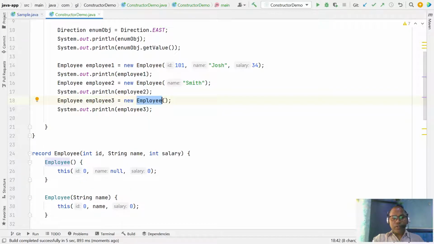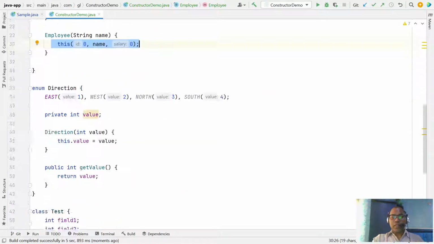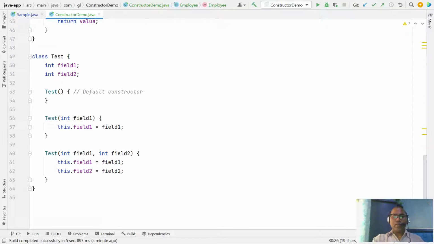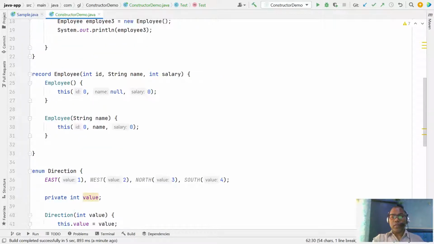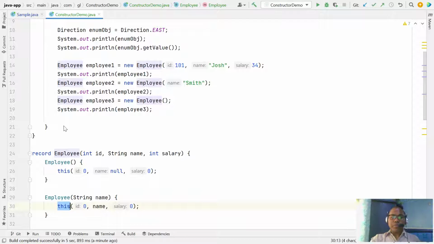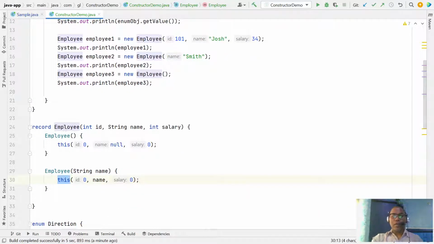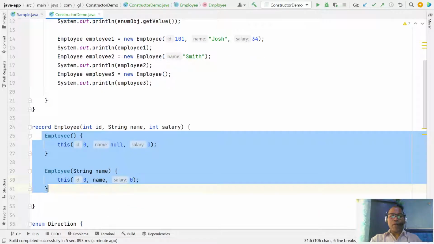Whatever fields you define initially while creating a record class, the same constructor must be invoked from your default, one argument constructor. So this is the chain. Here, whenever you are creating, you can define only the fields. We are not invoking a one argument or two argument constructor, but here you have to invoke this class, this class. So this is the primary, but records suggest you avoid writing your own constructor. Whatever you need, you can specify here.